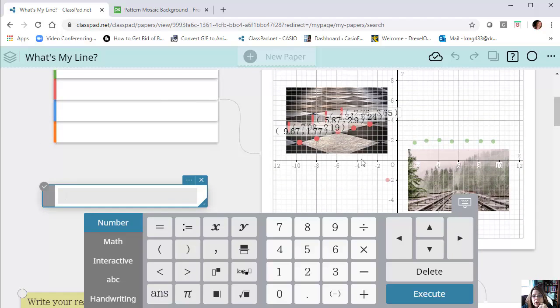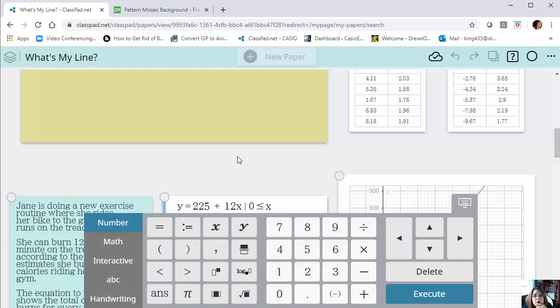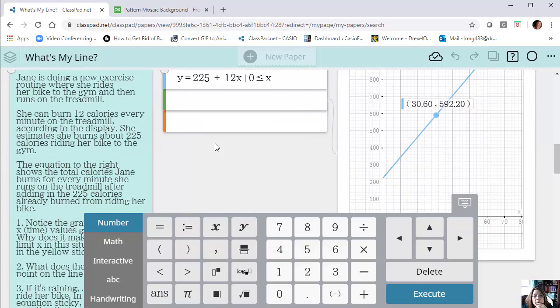So there's 2 different pictures here, and if you look at the pictures, there's lots of different lines that they could choose, so they could practice and do it again on different lines within each picture. So that's just practicing looking for lines and then writing an equation to fit the points that you've put on a line. So then the second activity is an actual situation, an application where she's burning calories. I just picked one that makes sense to most students. They all tend to work out, they go to the gym, they understand that you lose calories.